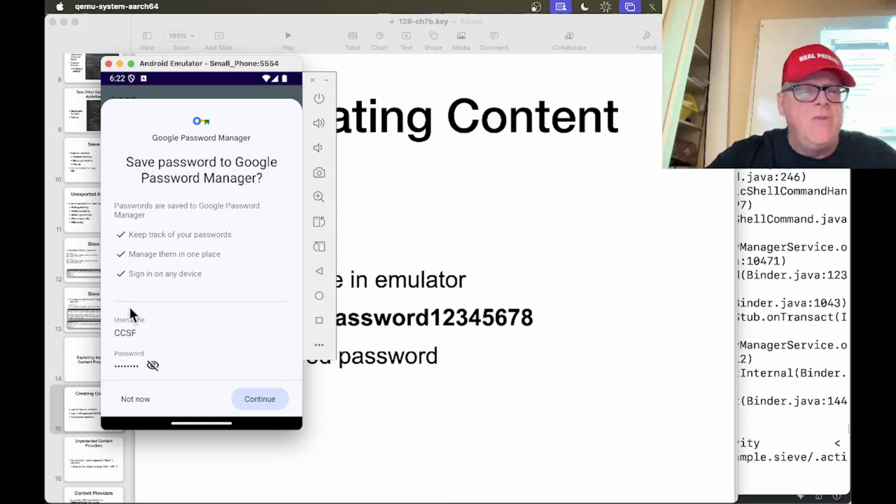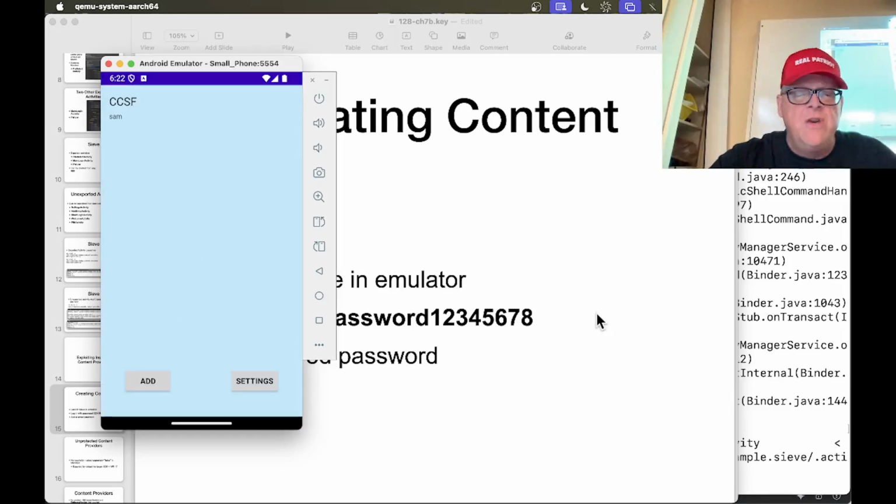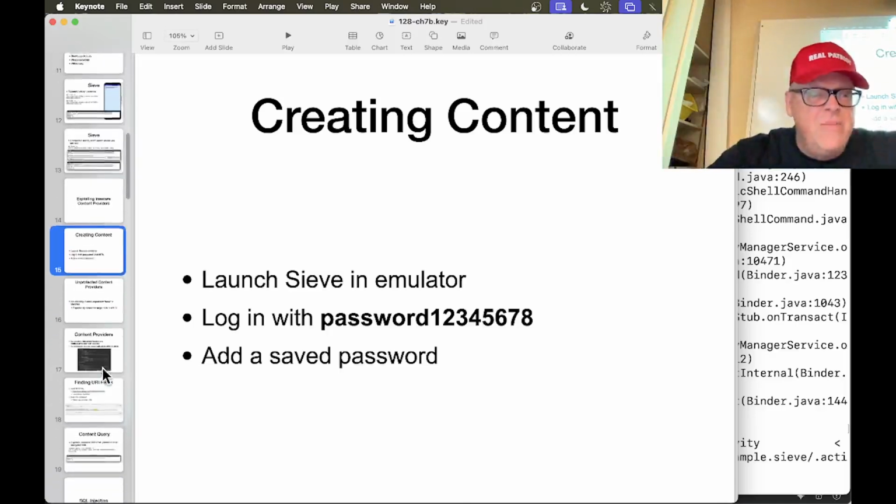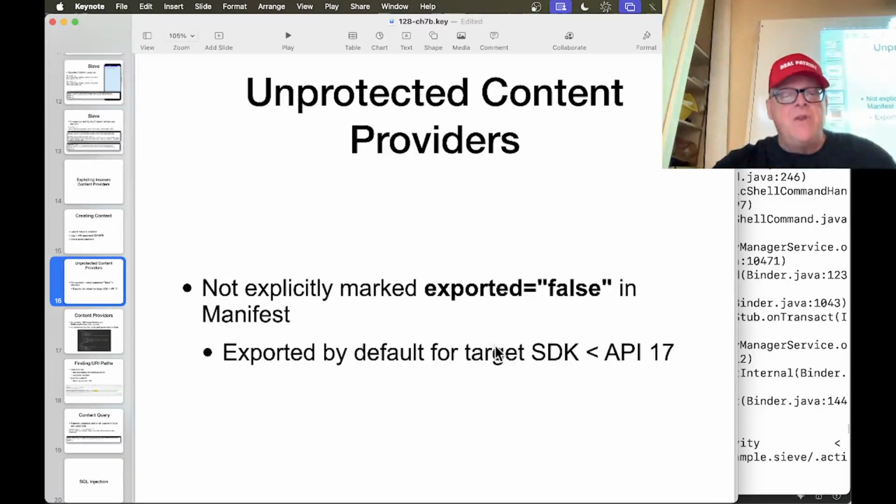I'll have to put it in a Google Password Manager, but I'm not going to use that. That's an internal phone feature, a lot better than this password manager, but that's not what I'm trying to do right now. So now, remember, content providers are automatically exported for really old versions of Android, but for